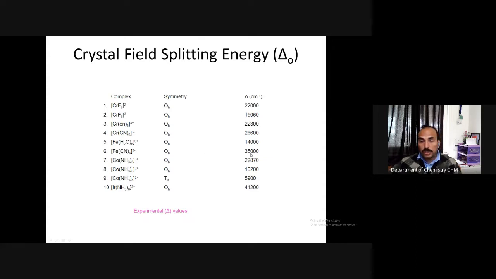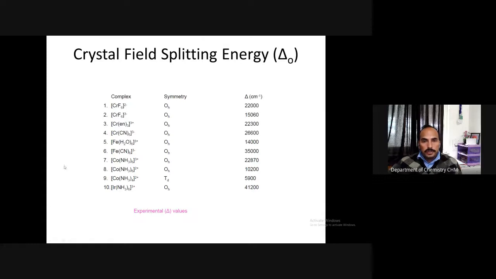How much? 35,000. See how much difference. Both entries 5 and 6 have the same oxidation state of iron, that is +3. However, in one case it is 14,000 and in another case 35,000, which is very high. 35,000 is very high compared to 14,000. It is again because cyanide is a much stronger field ligand than water. Right. Now you see